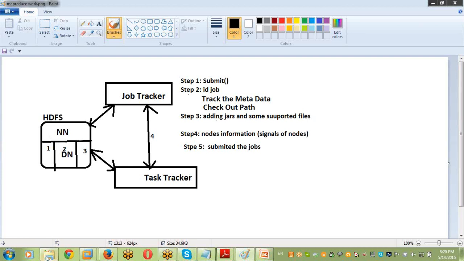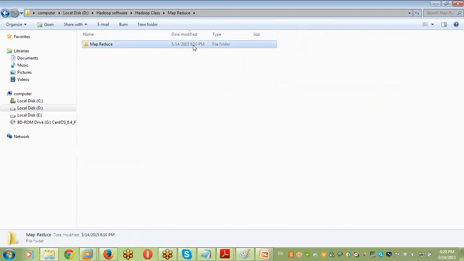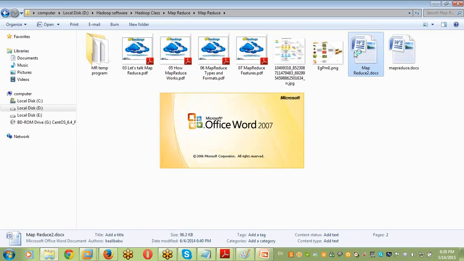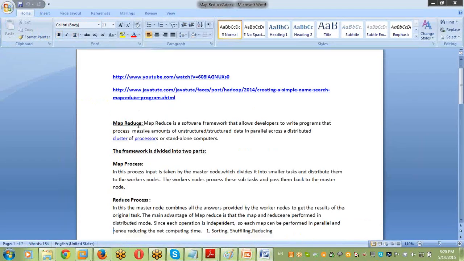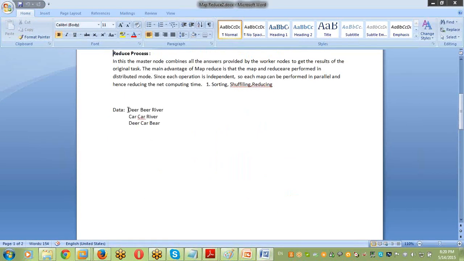For example, let's take this simple case initially. I have some data. I want to find out how many times each and every word is repeating. A simple word count problem.